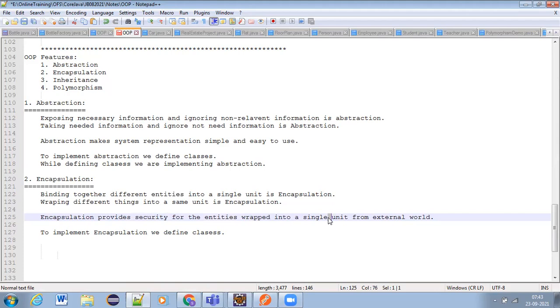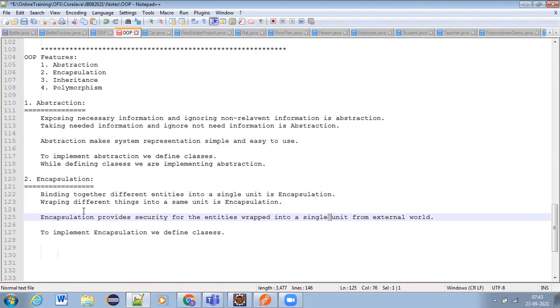Clear? The basic level of abstraction and basic level of security, encapsulation, we can achieve through class definitions itself. So abstraction and encapsulation go together hand in hand, simultaneously.